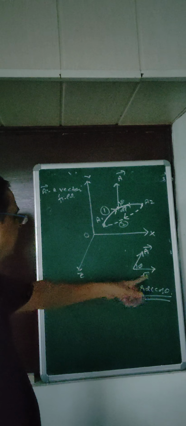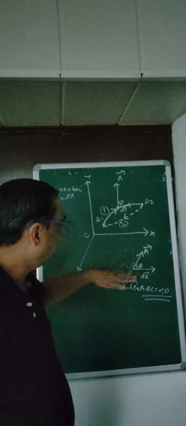And A dot dL, if you take the dot product of this, what does it become? A dL cos theta. In the direction of dL, this will be A dL cos theta, and it is always written as A dot dL. This is like A dot B is AB cos theta. So this is the component of A along this direction. So how can we write it?